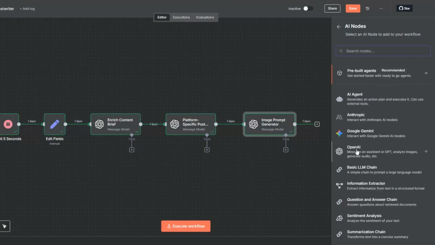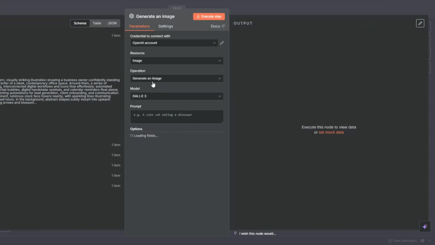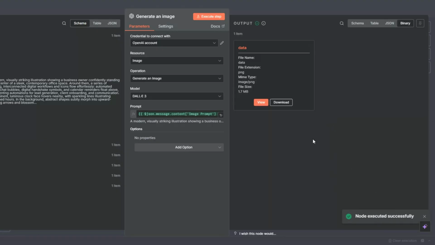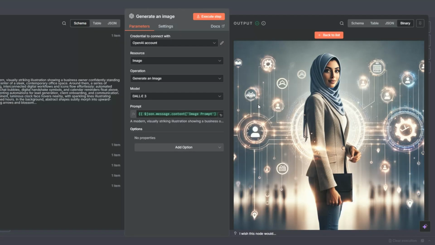So in AI, I'm going to click on OpenAI again, and here I'll click on generate an image node right here. Then here I'm going to map our prompts that we just generated right here. And then I'll click on execute step to execute our node and generate our image. You can see that our node was executed successfully, generated our image right here. To preview the image, just click on view, and you can see the incredible image that it generated for us over here. This is amazing. It's an incredible image